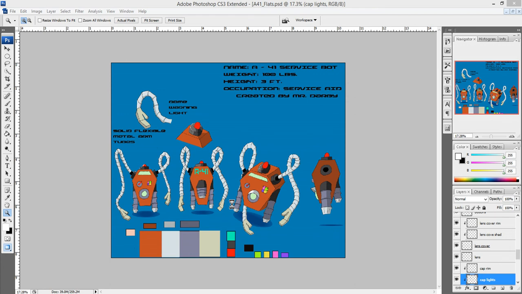Welcome everyone, and today we are going to be working with concept character design, and we're going to be using Photoshop today. So let's take a peek. This is what our goal is. We'll zoom in here real quick,